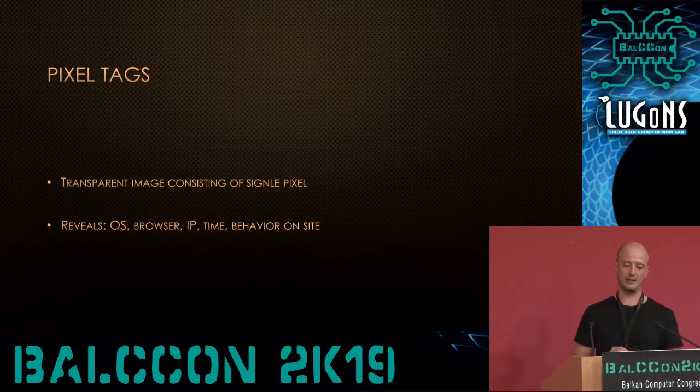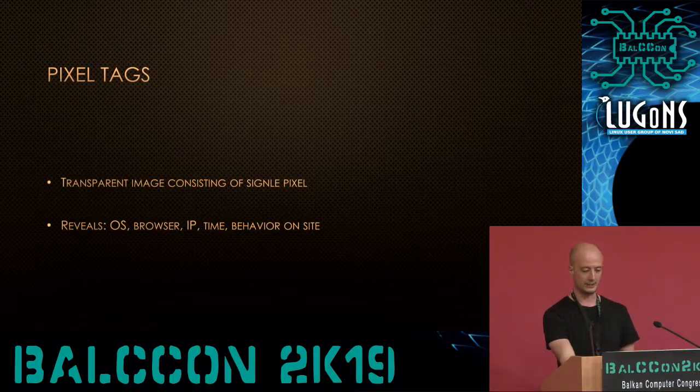Here's the list. The most used one is definitely pixel tags. They are pretty much everywhere. Most of us use HTML for emails, and these pixel tags are basically transparent single-pixel links to images which are embedded into email content. You open the email, that pixel is loaded, and it reveals a lot of data about you.